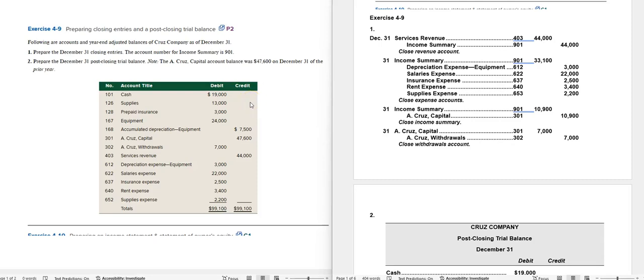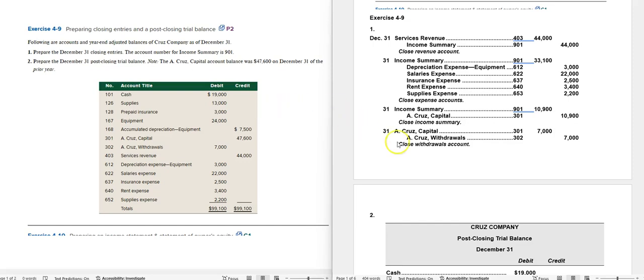Right, let's work through some example problems from the Chapter 4 concepts. Chapter 4 is working through the end of the accounting cycle, kind of the end of preparing the financial statements and then doing the closing process to get ready for the new accounting period. So what we have here on the left is our first exercise we're going to work together, and on the